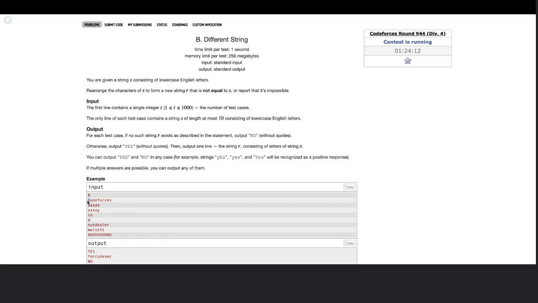So in case of Codeforces, the first character is C. Now we start from 1 to the length of the string and compare.